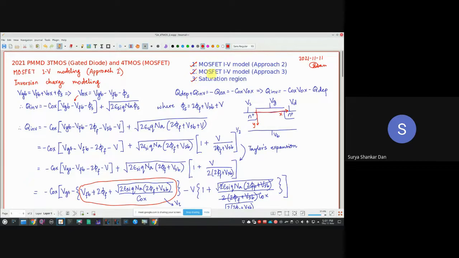In the next class, we are going to begin with, let me see, either subthreshold or capacitance modeling. Probably capacitance modeling will be important. So now we are going to go deeper into the capacitance models, then VT roll-off, then subthreshold. And after that, we are going to look into scaling theory, and in the scaling theory, what are the issues, and then their solutions.